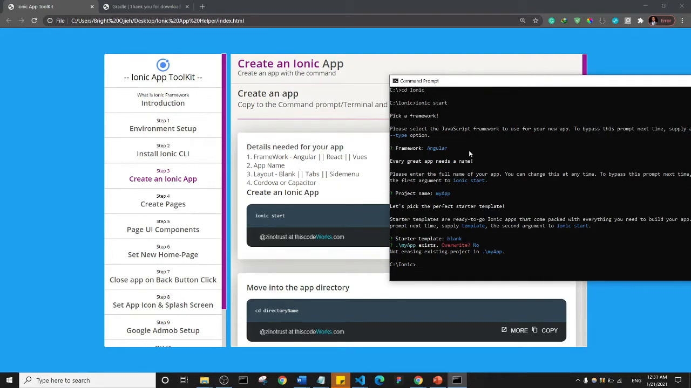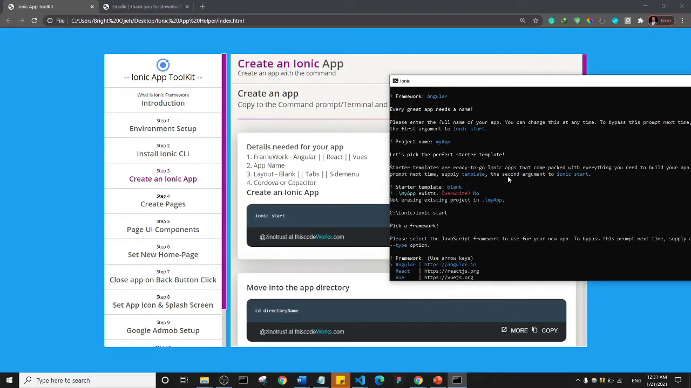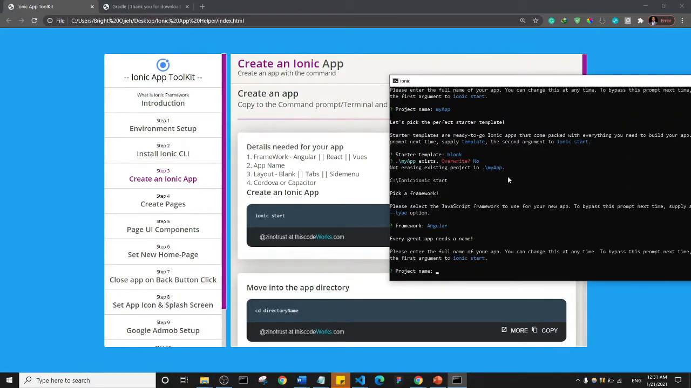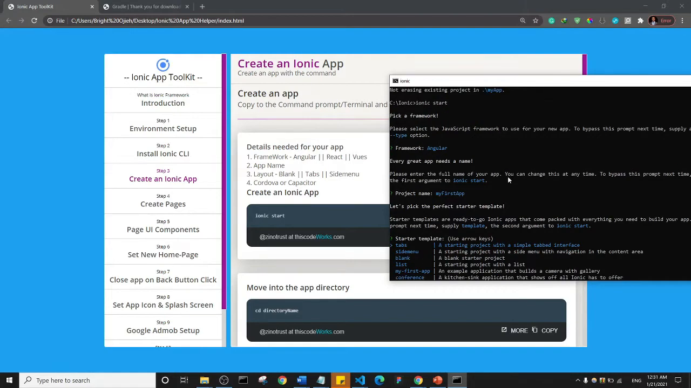Okay, so I'm going to have to start the process all over again, but this time I'll choose another app name. Okay, so let me say Ionic Start. Okay, and I'll hit enter, and I'll choose Angular, so I'll be faster now. This time I'll say my first app, so I'll say my capital letter F first and capital letter A and APP. Okay, and I'll hit enter. You can go ahead and actually set yours to my app. It doesn't matter, we're still going to do the same thing. And then I'm going to choose the blank template,